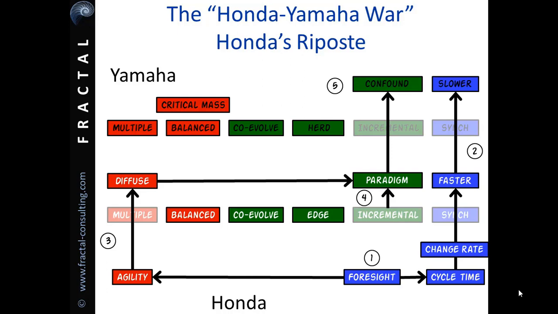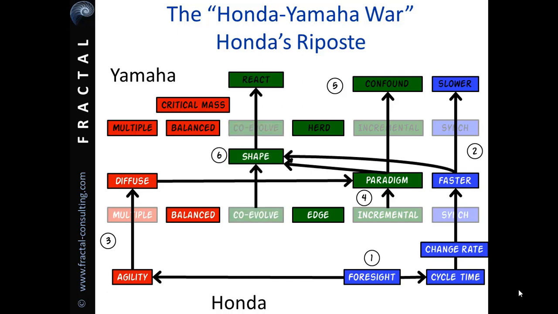Yamaha was confounded. Suddenly, Yamaha's range looked old-fashioned, but of course they were available in huge numbers, so they had even less cachet and were even less desirable. Yamaha, who were already heavily engaged in trying to get their new factory working effectively, tried to react to Honda's shaping move, but managed only 37 model changes. Honda were out developing them at a rate of almost 4-to-1. At the end of 18 months, Yamaha were left with approximately 12 months worth of unsold stock and gave up the battle. So in riposte, Honda had altered the differentials in 4 of the 6 elements, nearly simultaneously.